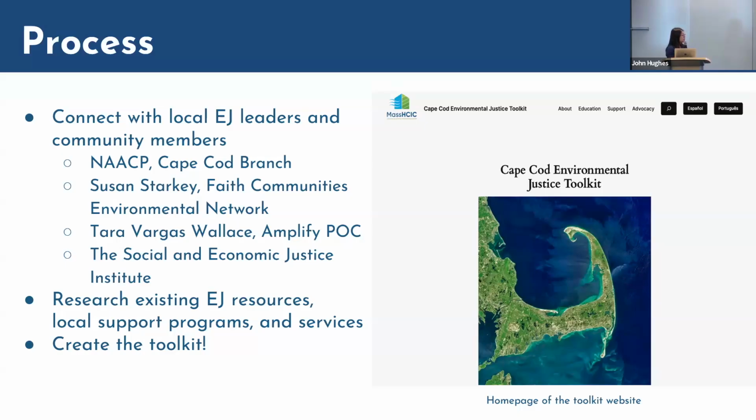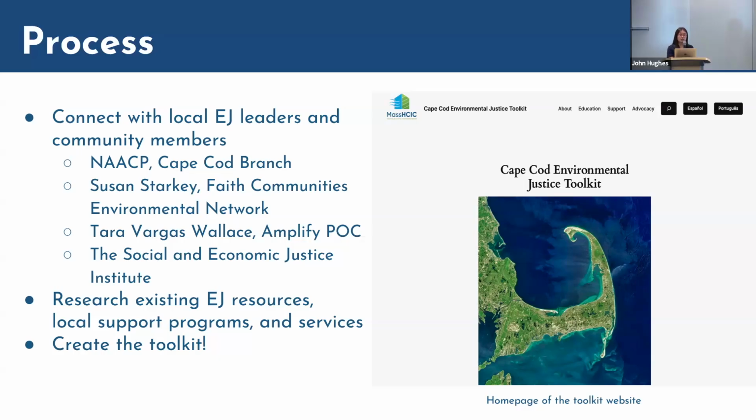And so I really wanted to make this a community-informed resource, learn from people living here and experiencing these challenges, like what is most important to them, what types of available support are they aware of, what do they think other people should be aware of, and just get community feedback on how to make this as helpful and accessible as possible. So then I researched existing environmental justice resources for inspiration, and then ultimately decided to make a website